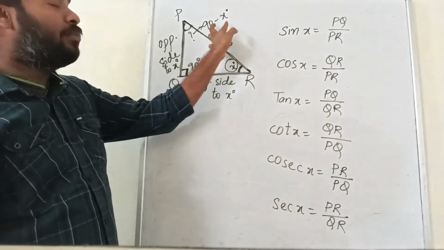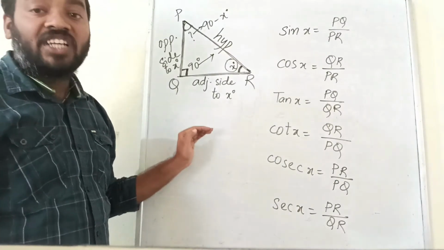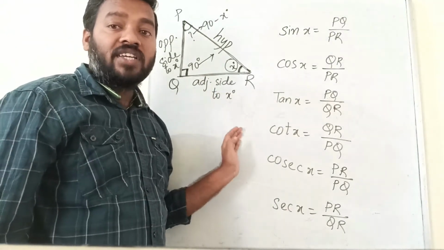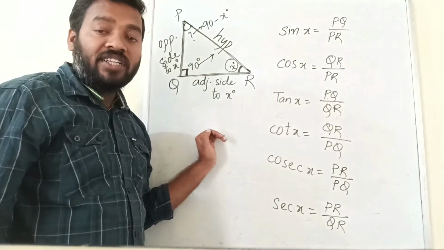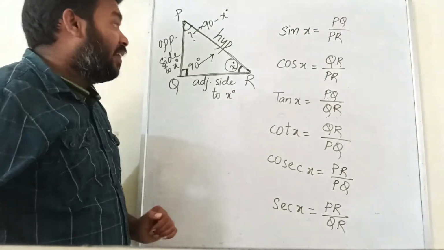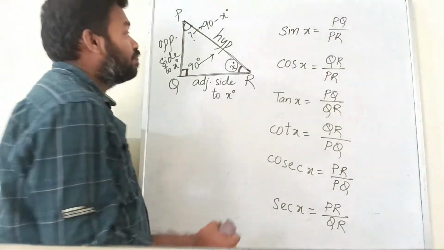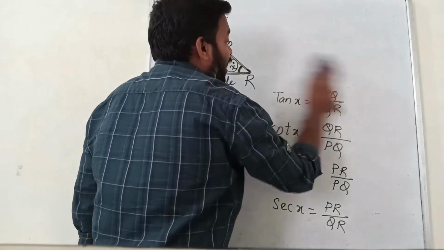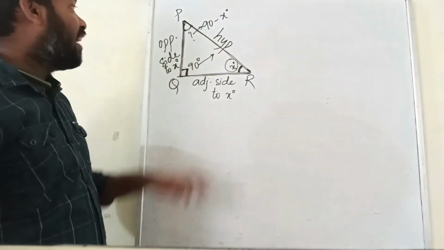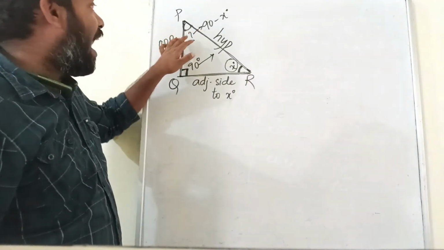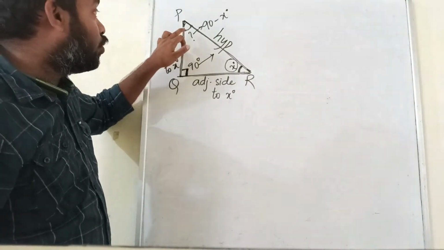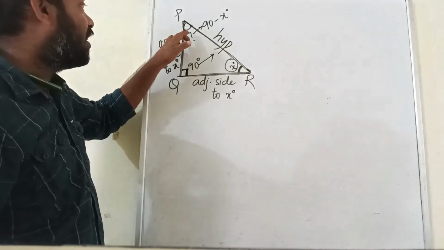Now let us take 90 minus x into consideration, and we shall find out trigonometric ratios for 90 minus x. That is, sin 90 minus x, cos 90 minus x, tan 90 minus x, cot 90 minus x, cosecant 90 minus x, and secant 90 minus x. If we are going to find that, we need to change adjacent side and opposite side, because when the angle taken into consideration is changed from x to 90 minus x,